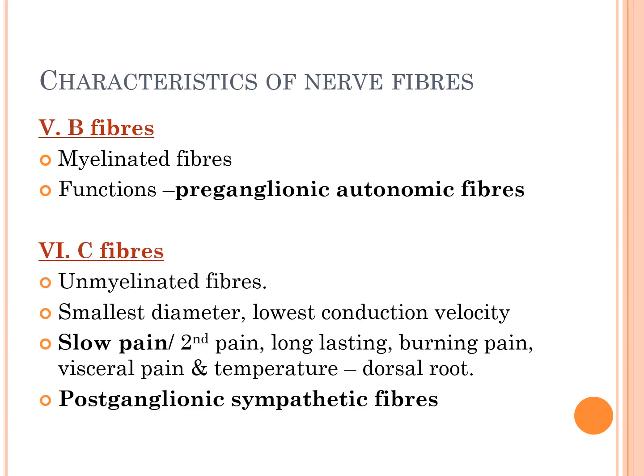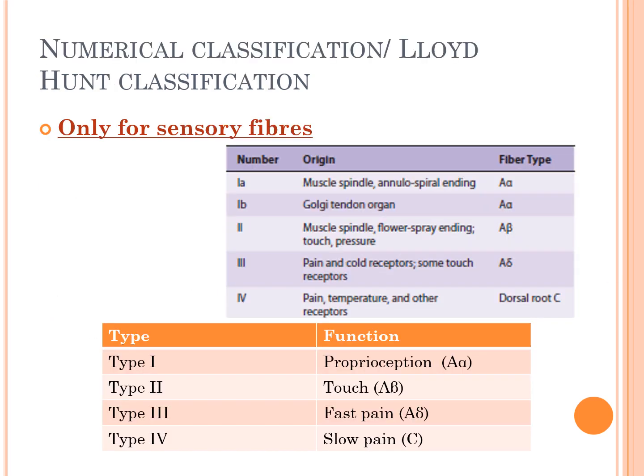B fibers are also myelinated fibers, and their function is pre-ganglionic autonomic nerve fibers. Type C fibers carry pain and temperature, and they are post-ganglionic autonomic nerve fibers. Here you can see the type C fibers carry slow pain or long-lasting pain, burning pain, visceral pain, and they also carry temperature sensation. So these are unmyelinated nerve fibers. So this is about type A fibers and